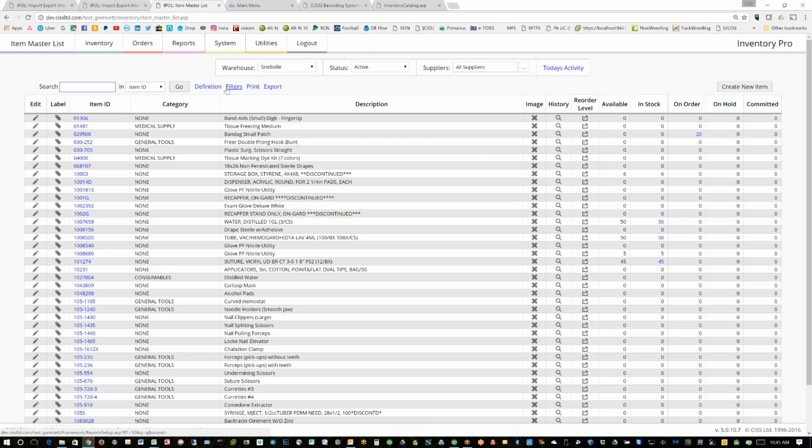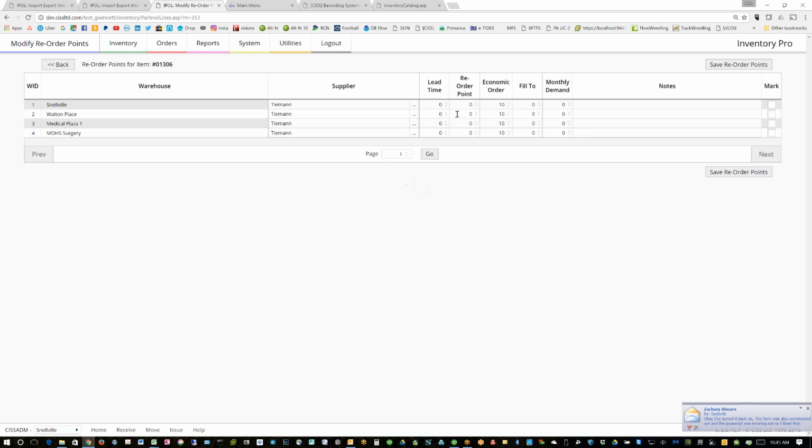Right. The reorder point is going to be the same thing. You have, you know, reorder at 5, fill to 50, and order in groups of 10. So when the inventory gets below 5,